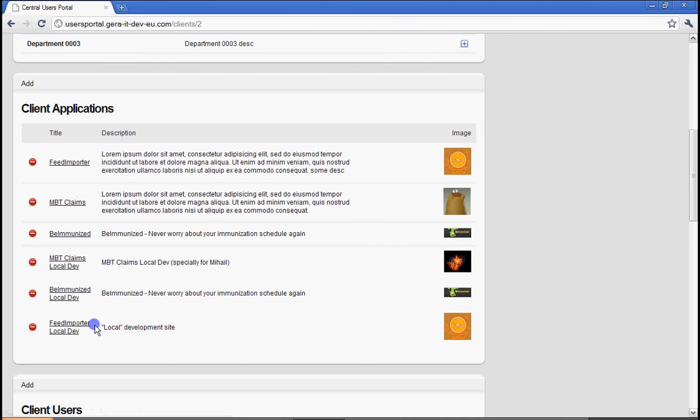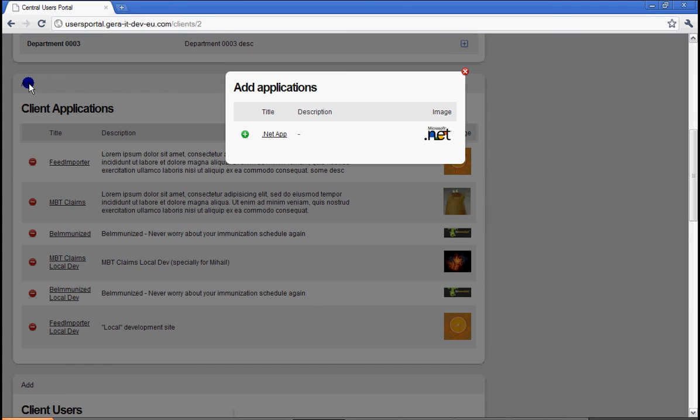How can we do it? We just press add, and we can see that the pop-up shows us the applications of the users portal that are not yet assigned to this